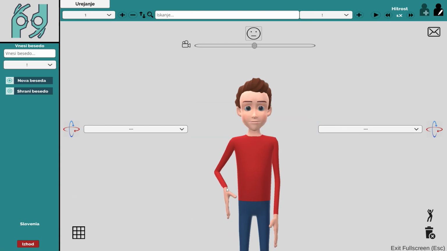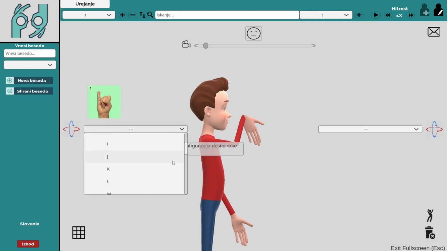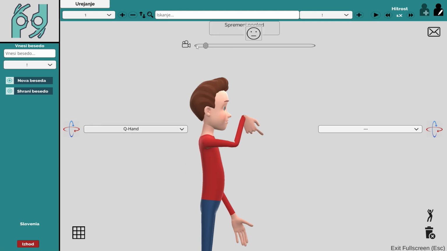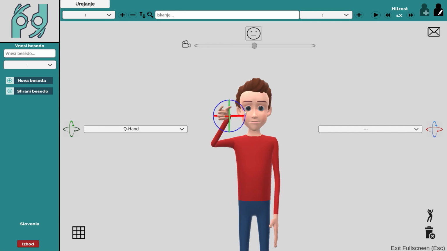Next, we will make the sign for a person. We will first move the avatar's right arm into the approximate position and find an appropriate finger position. Once we have orientated the hand and adjusted the arm to be in a natural looking position, we are done with the first position. Then we can create the second position. The sign for person is very simple and it only requires us to drag the arm down to complete the sign.